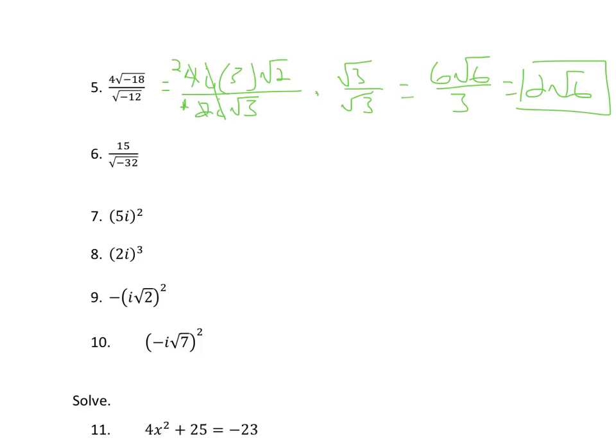Number 6 here. Same kind of idea. We need to simplify the bottom to 4i root 2. Now we can't have the root 2 in the denominator, but we also can't have the i in the denominator because that is a negative number. So what we're going to do is multiply top and bottom by root 2 i, or i root 2. So on top we'll have 15i root 2,